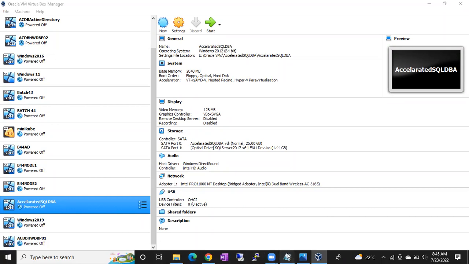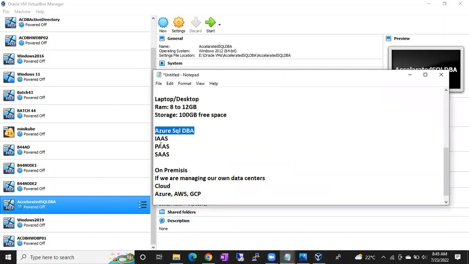Yes, the look and feel is different in some cases, I'll tell you when. I told you we have different services in the Azure cloud: IaaS, PaaS and SaaS. Infrastructure as a service means we'll create servers like how we created here. Instead of my laptop, I'll take the Azure service and create the Windows servers there. I'll create VMs, I'll install Windows servers, I'll install SQL servers. So there is no difference between your on-prem and IaaS.